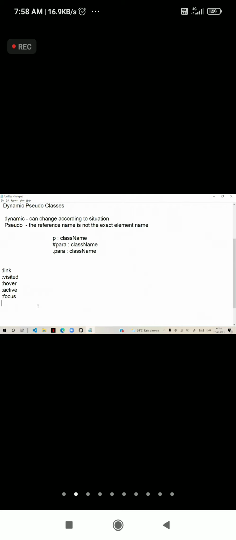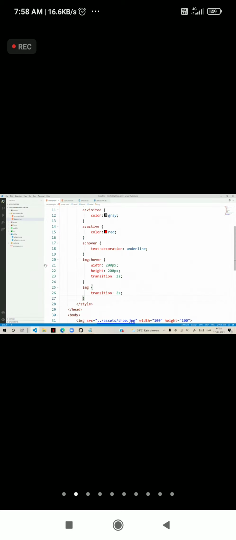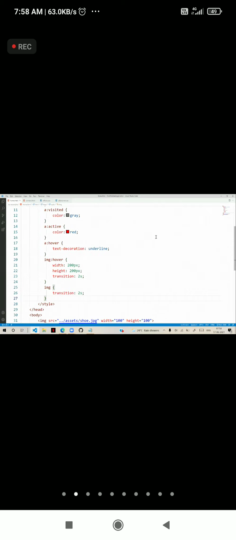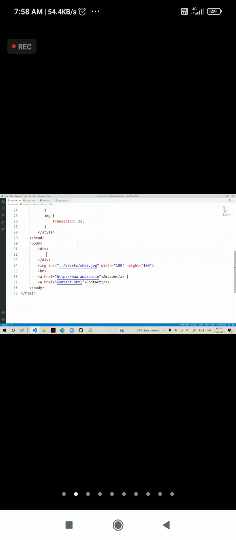Focus. Focus means when any element gets focus. Actually, that is mostly used for text boxes. So suppose you have a div with username and a text box, input type is equal to text.